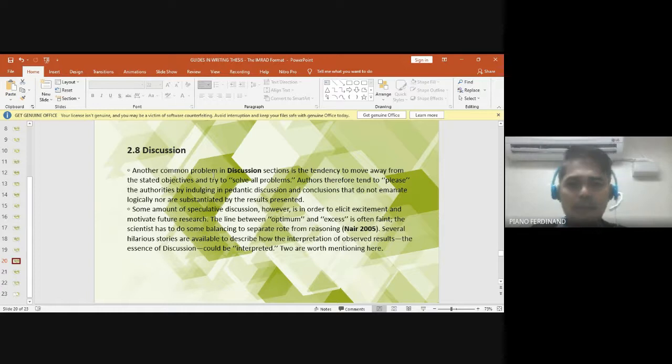Another common problem in the discussion section is the tendency to move away from the stated objectives and try to solve all problems. Okay, so basically, kailangan daw po nating mag-stick to what was stated in the objectives in our introduction. Okay? Kasi hindi naman po natin kayang bigyan po talaga ng solusyon ang lahat ng problema. In short po, ang ibig po sabihin ng statement na yan is wag na po nating itap yung mga bagay na hindi naman talaga intended na isolve ng ating